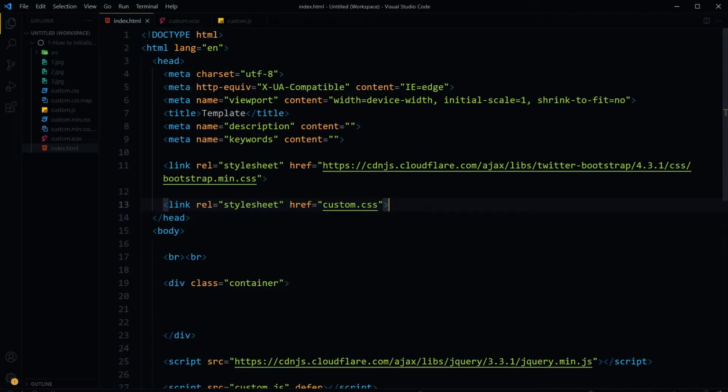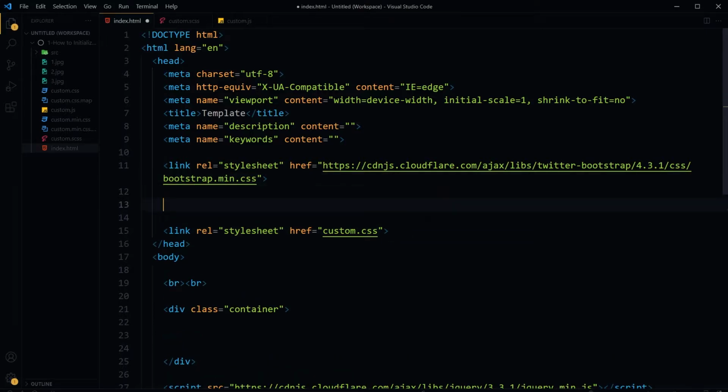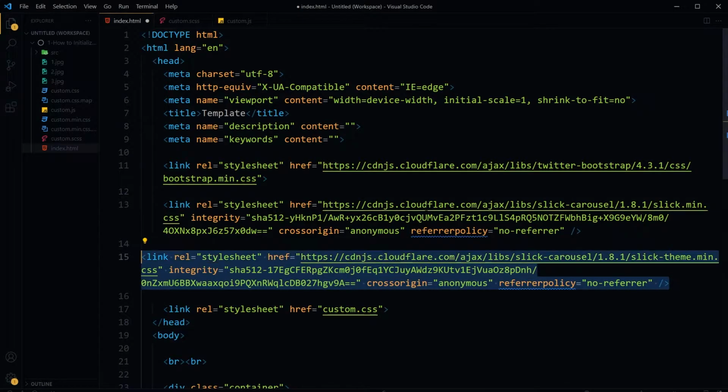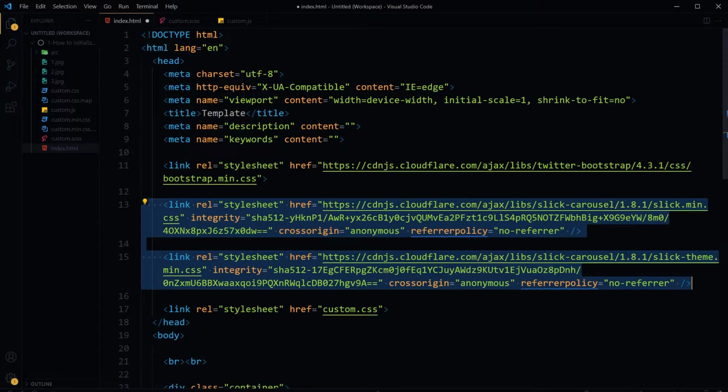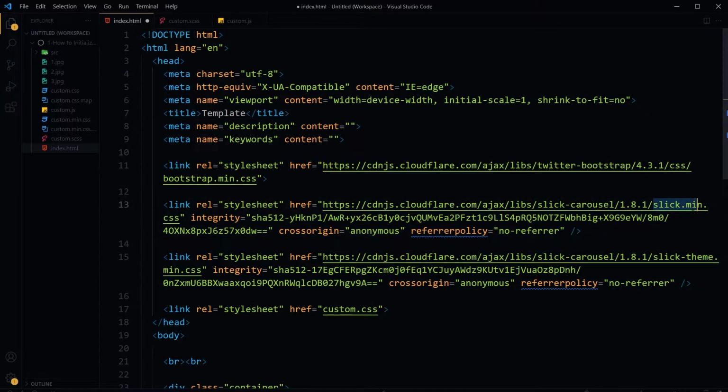Okay, let's start with Slick Slider. We will need CSS files for Slick Slider that I will paste here. Again, these are CDN links, and this is slick.min.css for Slick Slider. It's the minified version, and then slick-theme.min.css, the slick theme file, and the slick.css file.